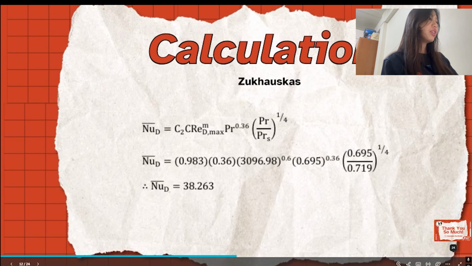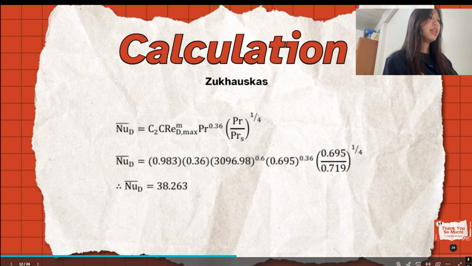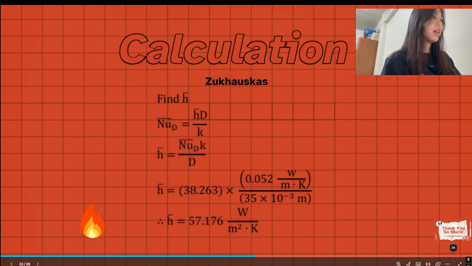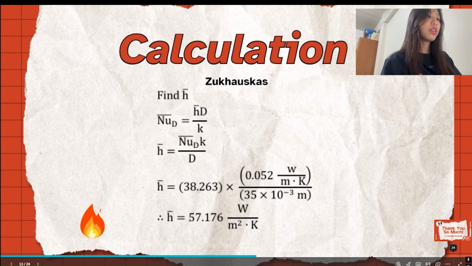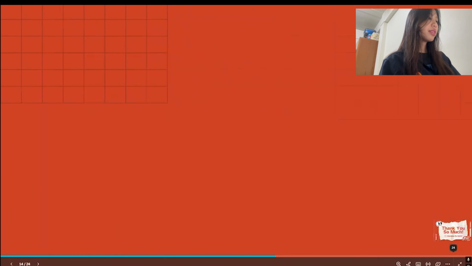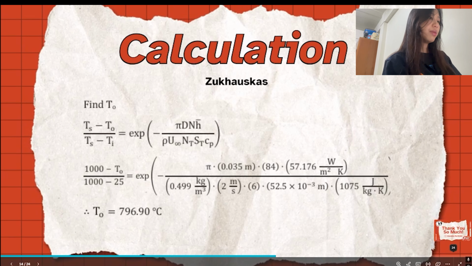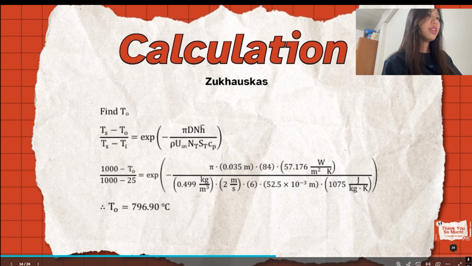Okay, for calculation, the average Nusselt number is calculated using the Zukauskas correlation. This dimensionless number relates convective to conductive heat transfer, giving a value of 38.263. This is then used to find the average heat transfer coefficient using this equation. This result is 57.176. Next, the outlet temperature is found via an energy balance for the tube bank. This yields